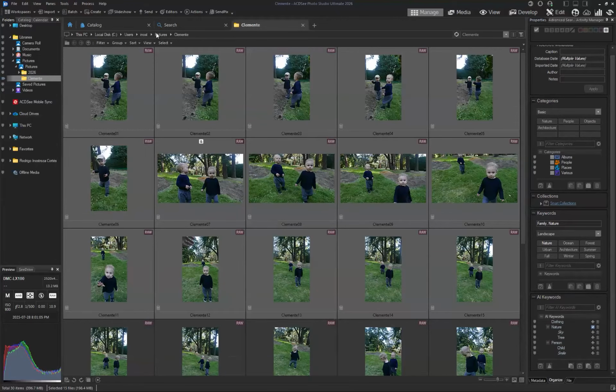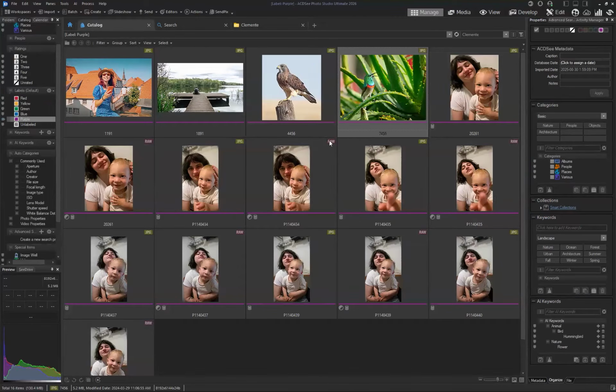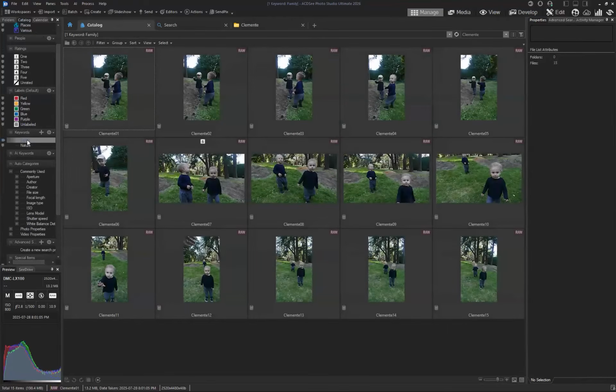Okay, so back to catalog, and let me know if I need to slow down. This is a lot, right? But I just want to show you quickly how I added keywords, which I now can see if I go back to catalog and I click on family, which is the keyword that I just added to these images, then ACDC will show me all of the photos where I added the keyword family. But